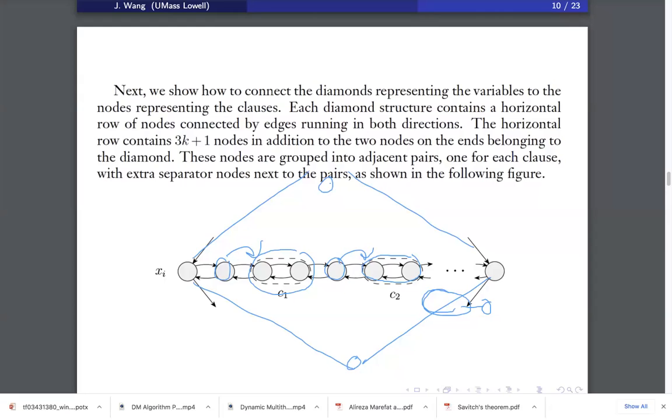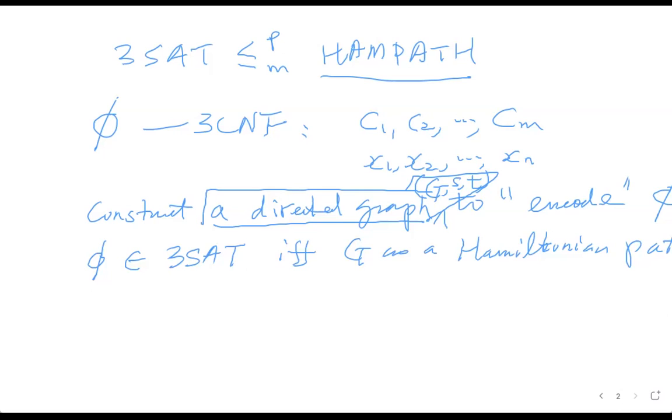Start over. Okay, now it shows. All right. So